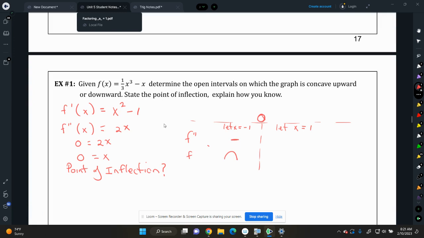Right? When x is +1, we get a positive number in our f double prime, which means f is concave up. So since we do change concavity there,